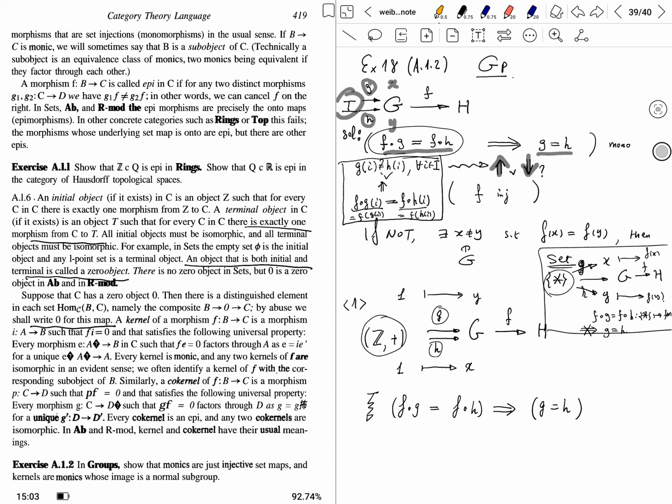You could define a group homomorphism however you want, which means you could map this one to whichever element in another group. So you map 1 to y in J, and in another group homomorphism you map element 1 to x, and then f composed with g, which still equals f composed with h, because it basically maps n to